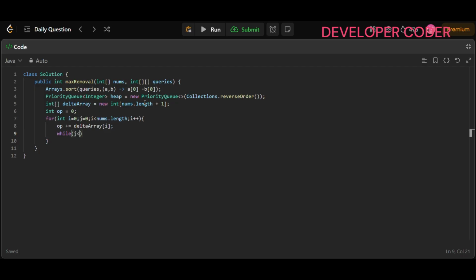Here j is less than queries dot length, so definitely we are not going to iterate out of bound. So here queries dot length, and then queries at j, at 0. If it is equal to i, then in that case you have to add the end point in the